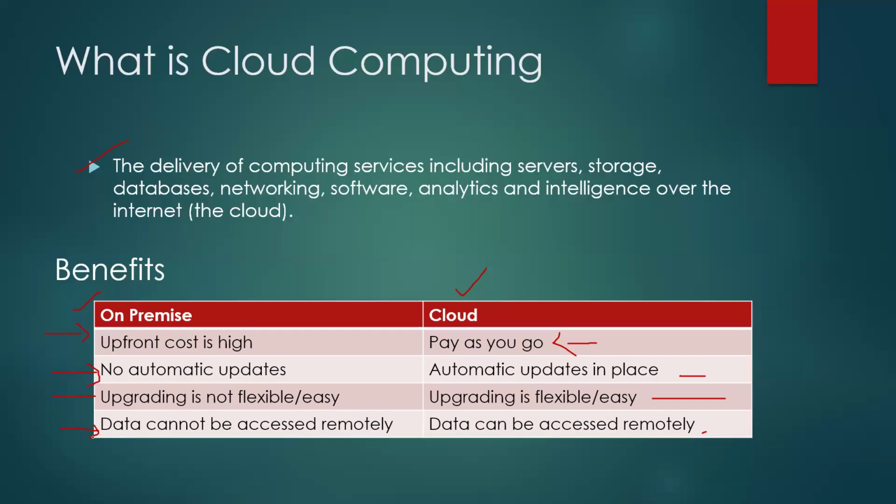We can use any electronic device that is connected to the internet to connect to our data which is on Azure. Example, you can use your laptop to connect to your Azure services. You can use maybe your iPad. You can even use your mobile phone to access the data which is on Azure. Right? But via mobile phone, of course, we'll have little restrictions on the way we access the data, but still we can access it. Right? But if it is on-premise, via mobile, I don't think you can access much of the data. It will be very little data that we can access if it is on-premise.